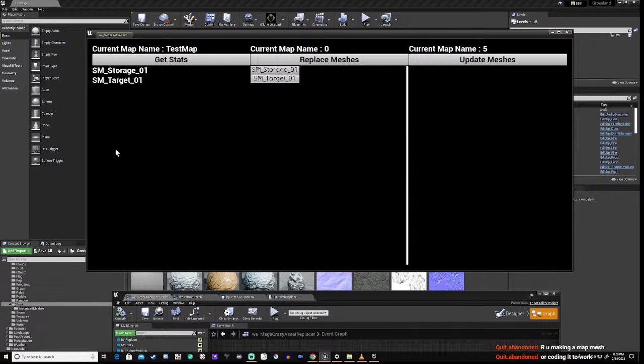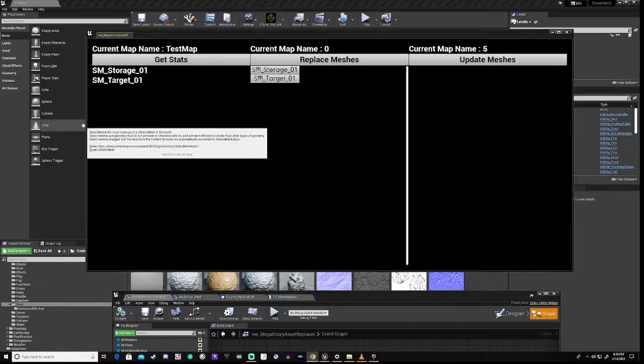But these are the meshes on the map, this test map, that do not have a corresponding instance. Now that is according to our data table.